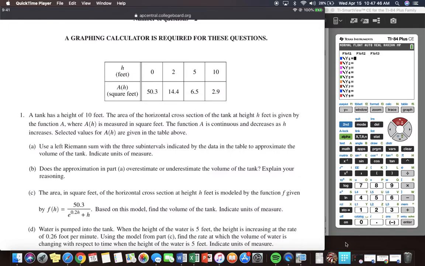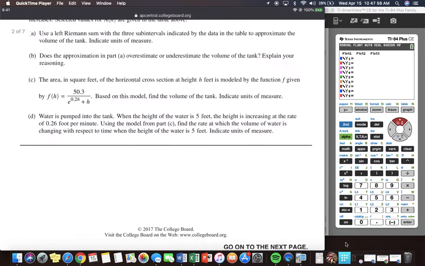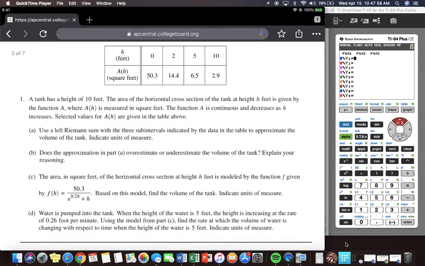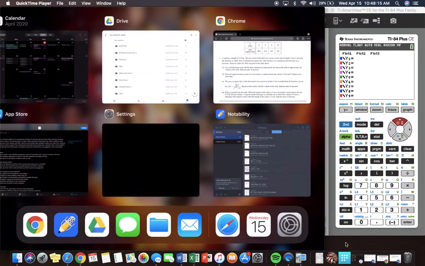For part A, use the left Riemann sum with 3 subintervals indicated by the data in the table to approximate the volume of the tank. Indicate units of measure. So this one we actually haven't talked about because it's in chapter 7 in our notes. So we haven't officially covered it, but we can still talk about it. I think it's good exposure talking about what the free response questions might be asking for or needing. Okay, so let's take a look